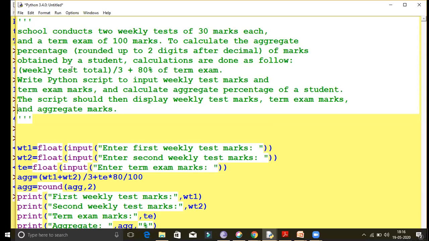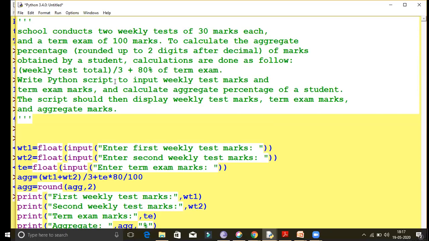Weekly test total, this is one variable. Whenever you declare a variable, you have to write a short name. Then divide by 3 plus 80% of term marks. This is the procedure for how to calculate.